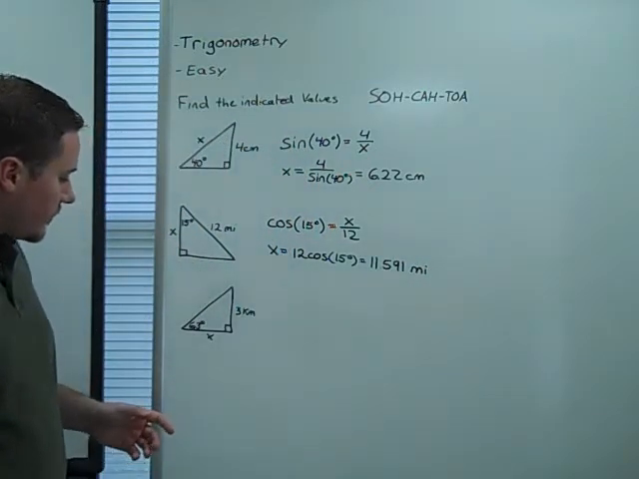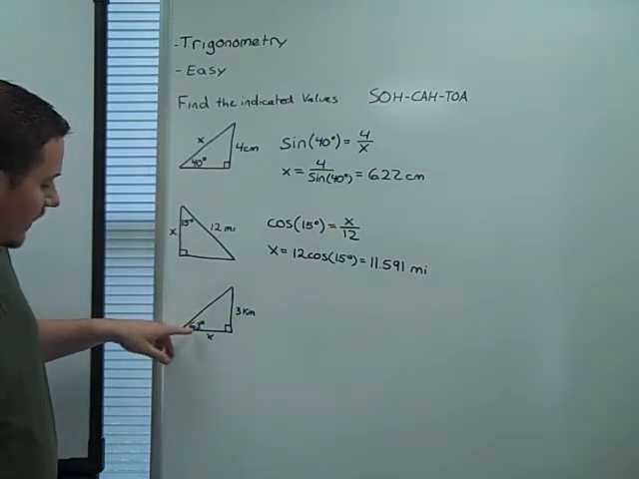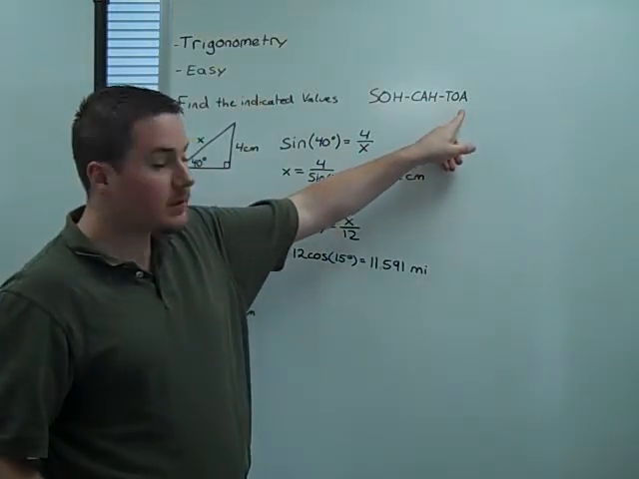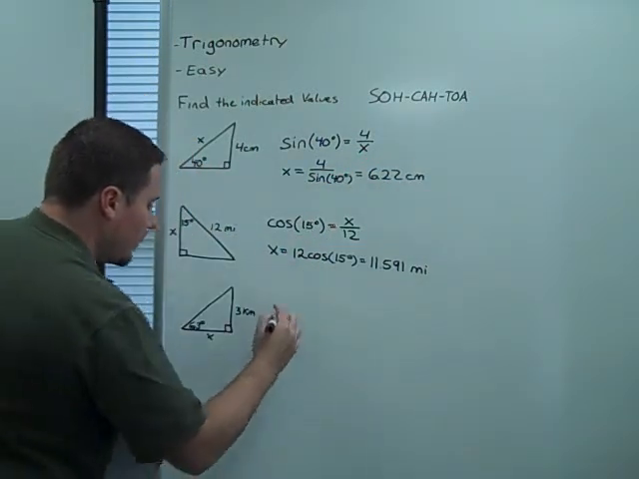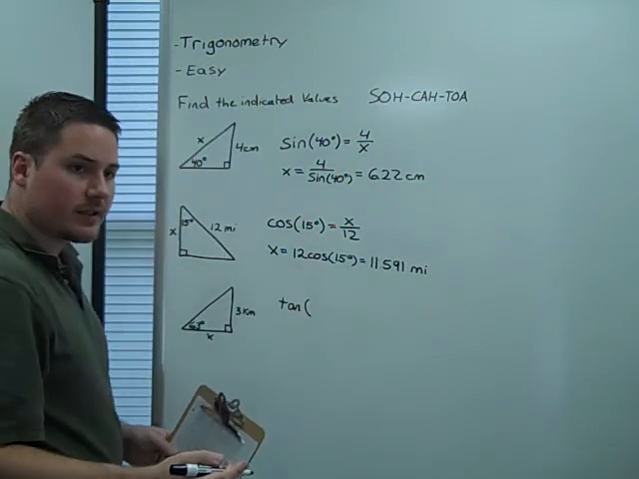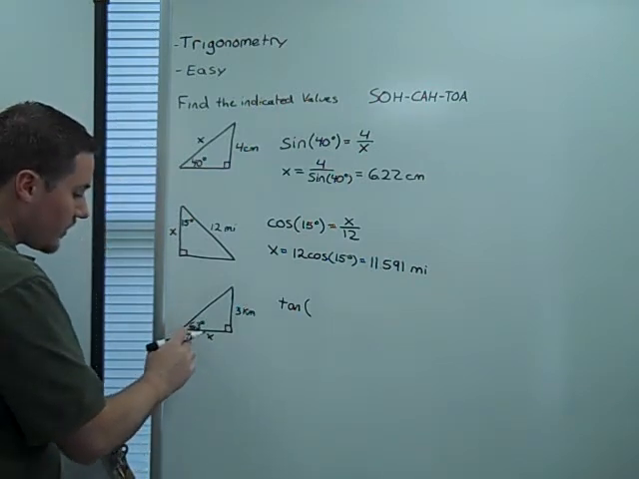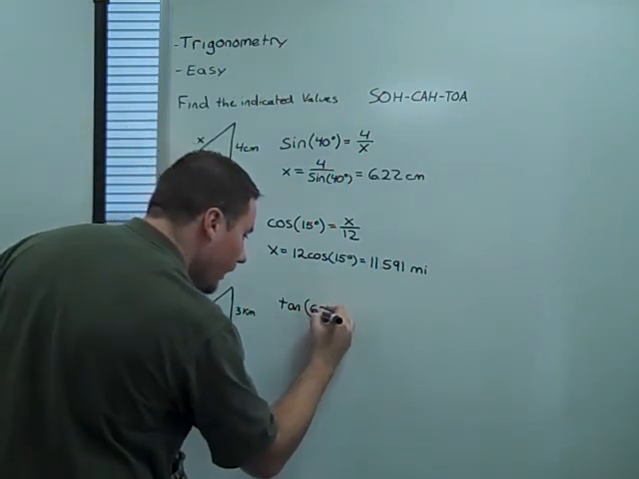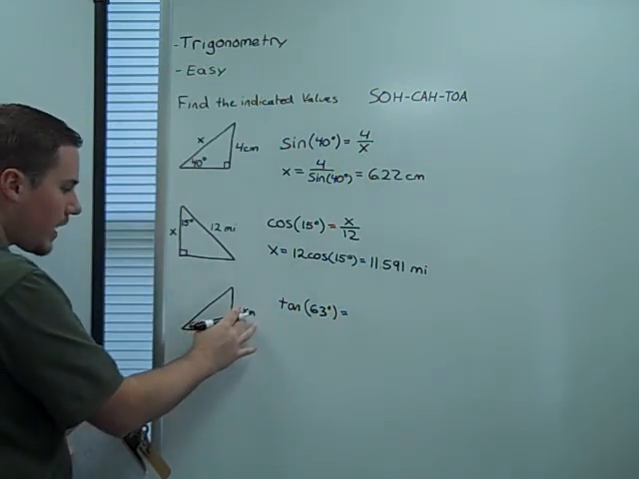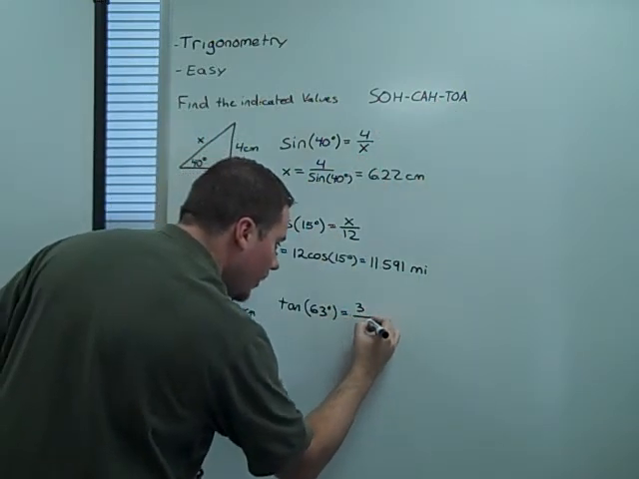Okay, for this last problem, we've got tangent, because we've got the angle, adjacent and opposite. There's an opposite and an adjacent. So tangent, again, trigonometric functions consume angles and return ratios of sides. So this one consumes 63 degrees and returns the opposite, so 3, over the adjacent,